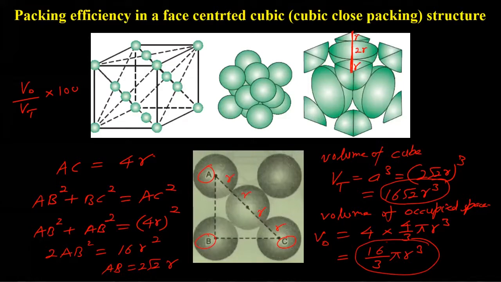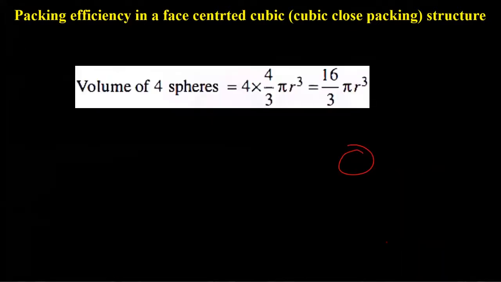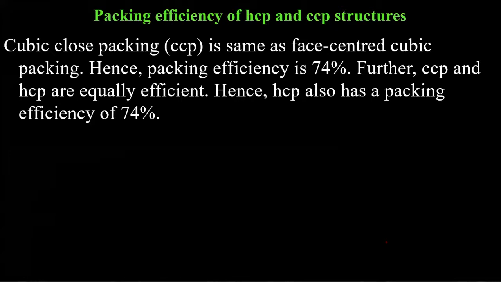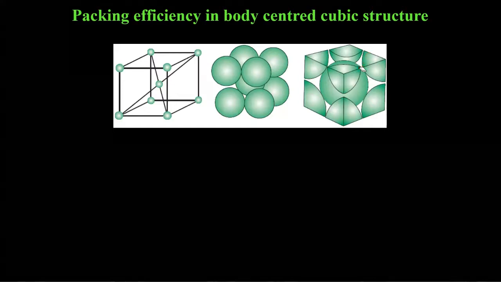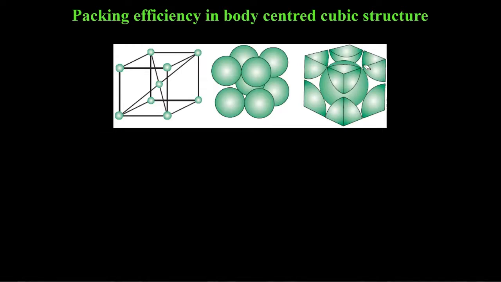So in the next one also, however, that is even one more step tricky. We will be calculating the edge. So in the next case, packing efficiency in body-centered cubic structure. Slightly tricky approach again. Now here the atoms still have a gap in the edge, so we cannot say that the side is exactly 2r. We have to calculate it. But how do we calculate this?